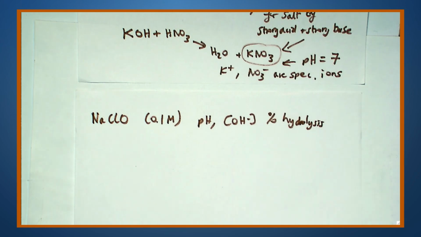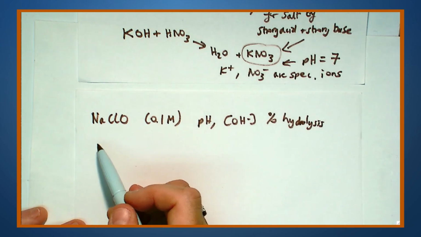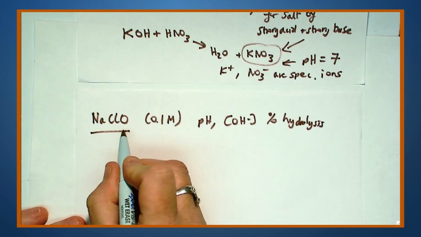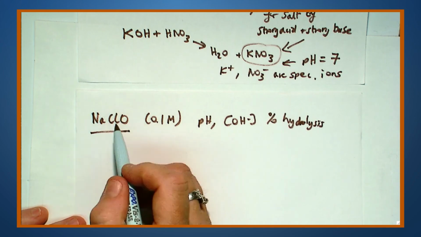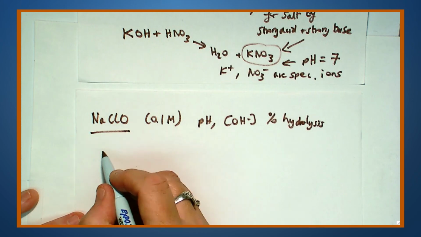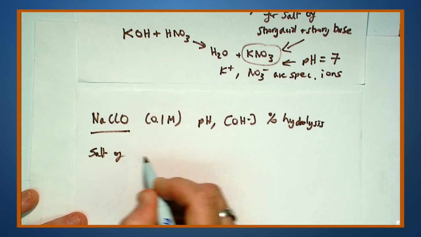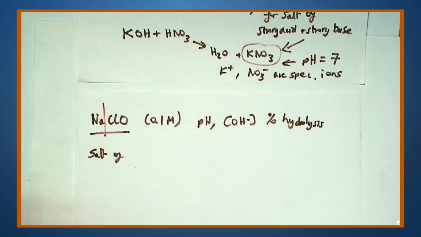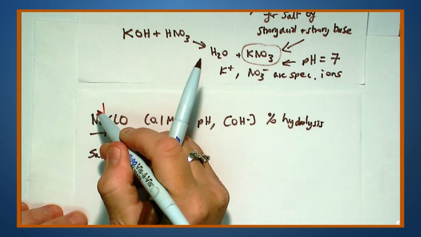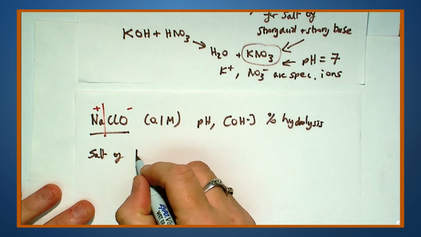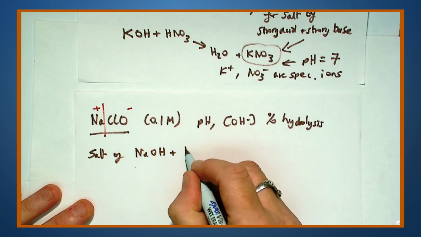So again, the way you want to do this, as stressed in class, is go through the decision tree. So what is this? Okay, it's a salt. It's not an acid or a base. You don't see any hydroxide, you don't see any hydrogens in there, so it's a salt. So break it into the two pieces. At this point you should be able to see those ions in there. If we break it apart, this is Na plus, and this is ClO minus. So this is the salt of NaOH and HClO,